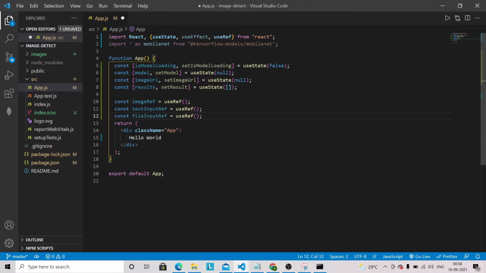And let's first work on our UI part. So I'm going to remove this hello world, and we don't need this className App because we are also not using the App.css file.